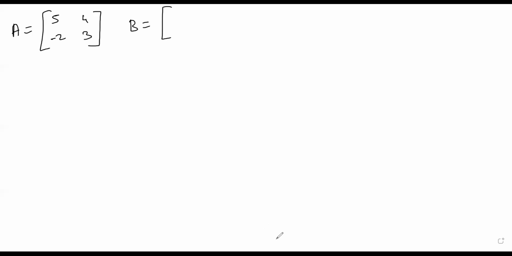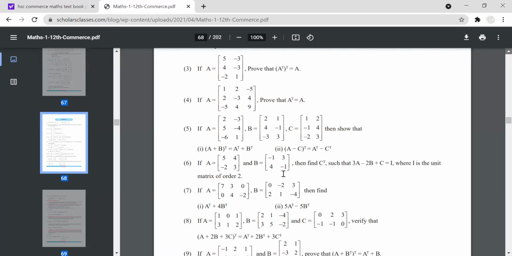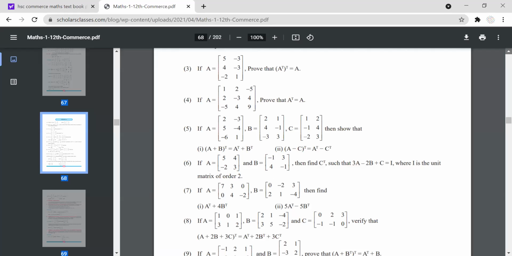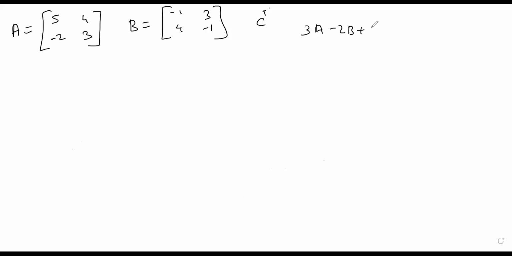What is B? Minus 1, 4, 3 minus 3 1. Minus 1, 4, 3 minus 1. You have to find C transpose when they are saying that 3A minus 2B plus C is equals to I. Obviously, C is 2B minus 3A